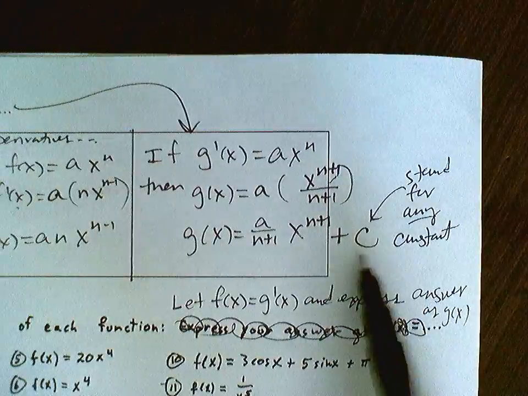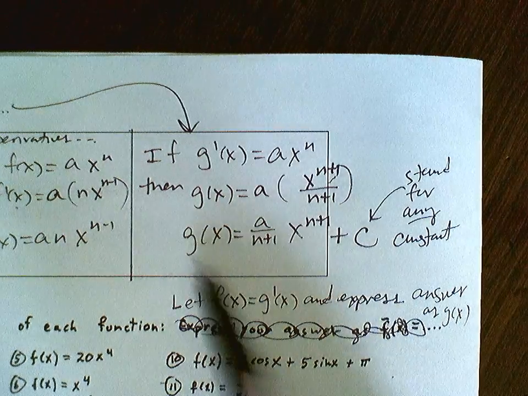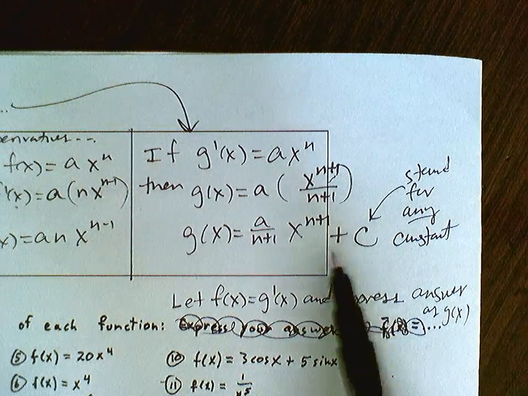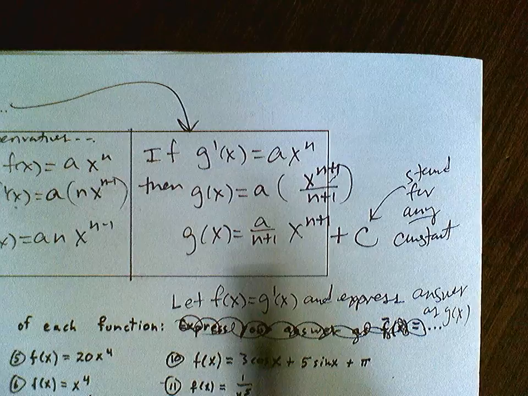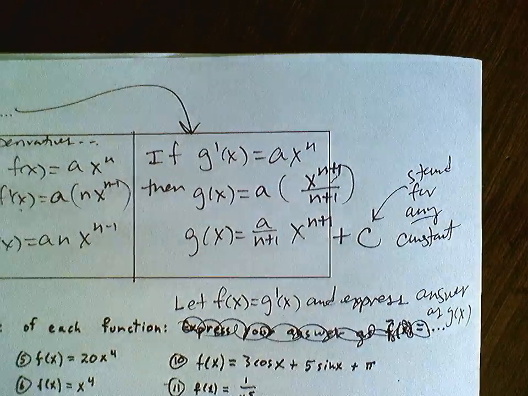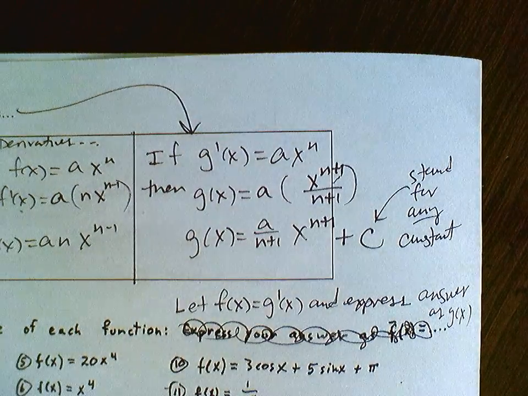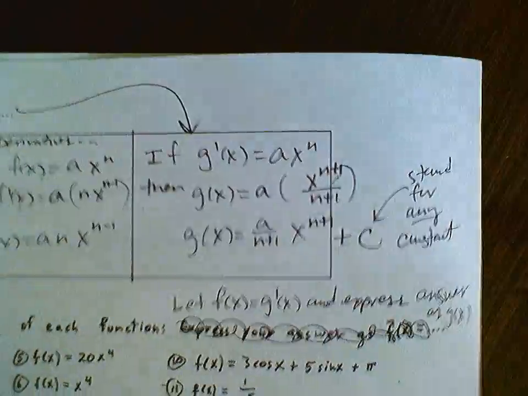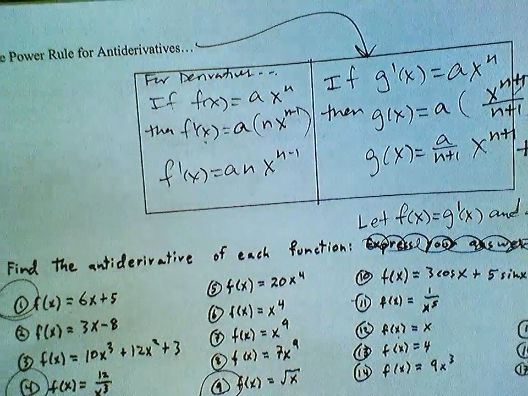Okay, so this plus c is what makes this not just a single function, but a family of functions. This could be any constant, and all of these functions here would have the same exact derivative. All right, I'll talk about that more in class. I botched that up. So for number 1,